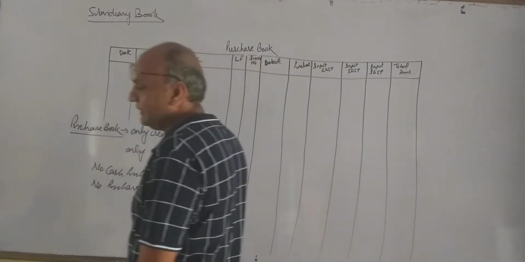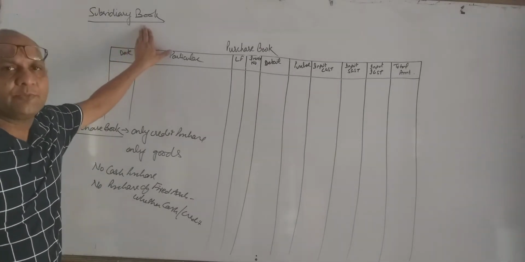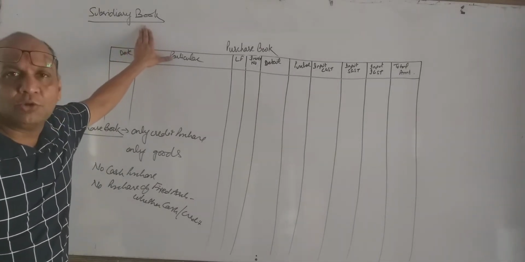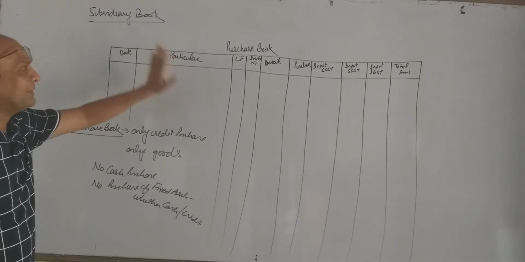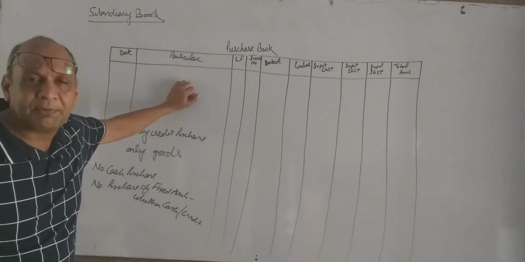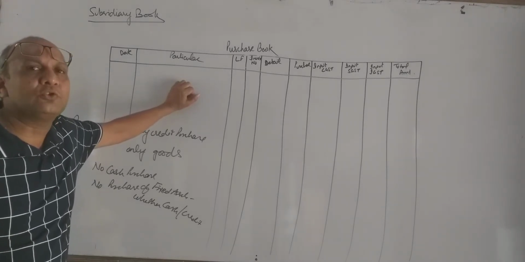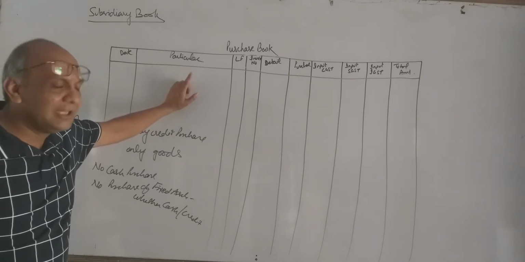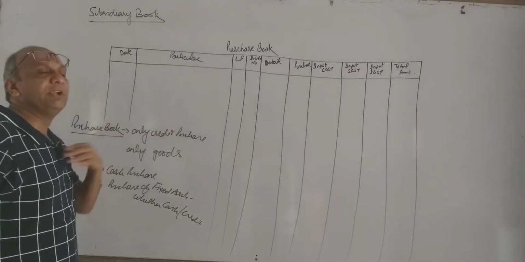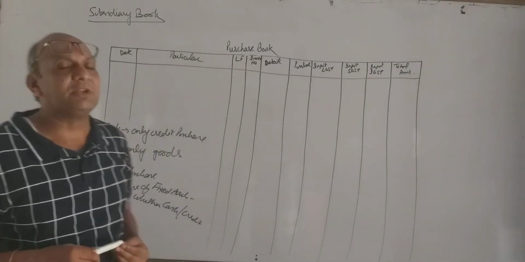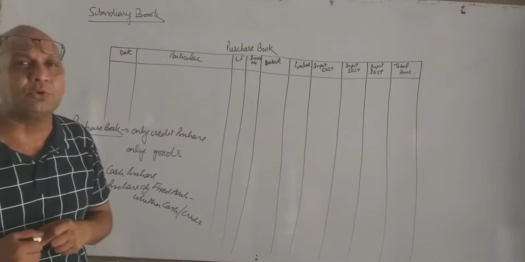Another new lesson in accountancy, subsidiary books. I already told the meaning of subsidiary book. It is a book in which special registers are prepared where similar nature of transactions are recorded at one place. When I completed the chapter cash book, I told we have 8 different kinds of subsidiary book.